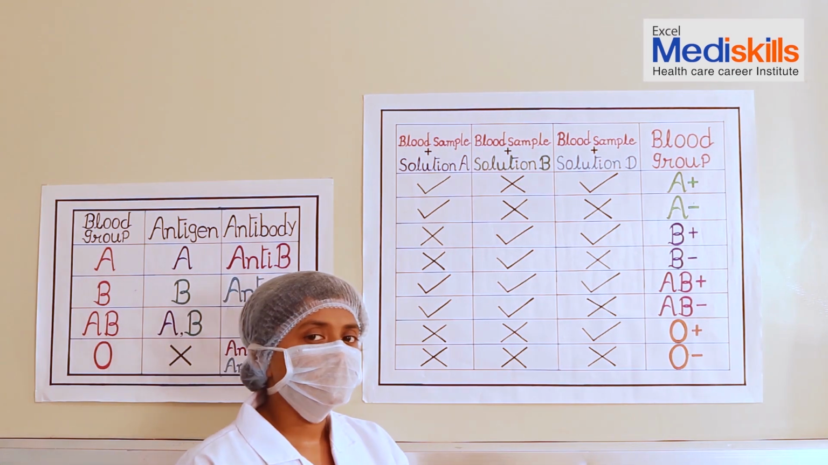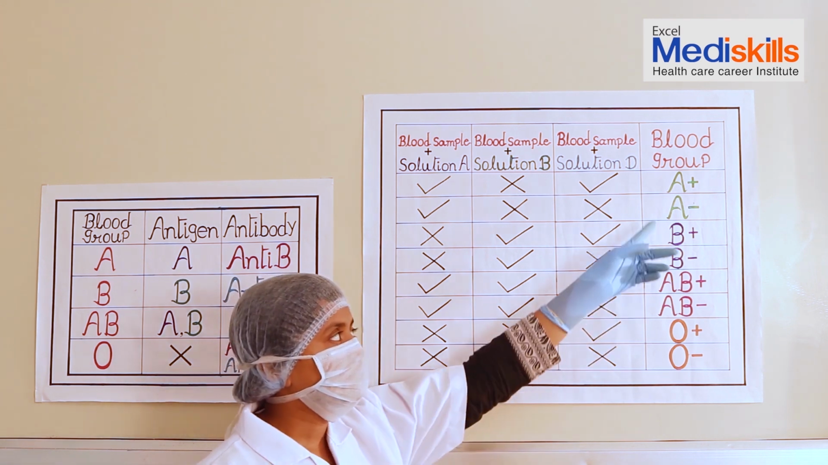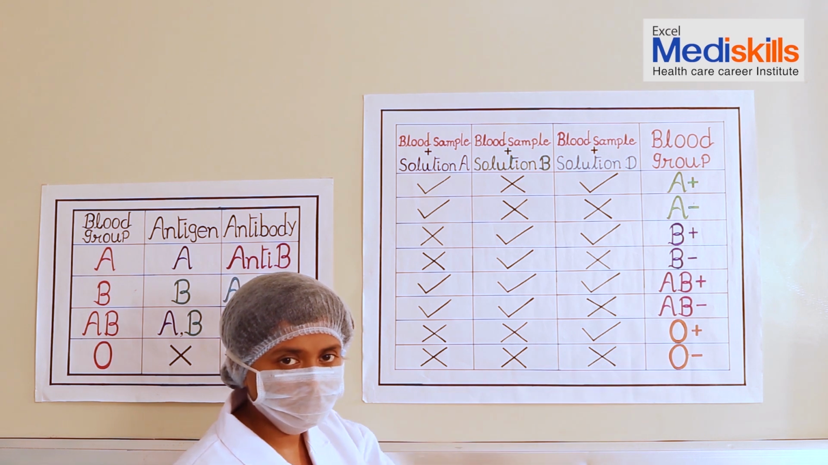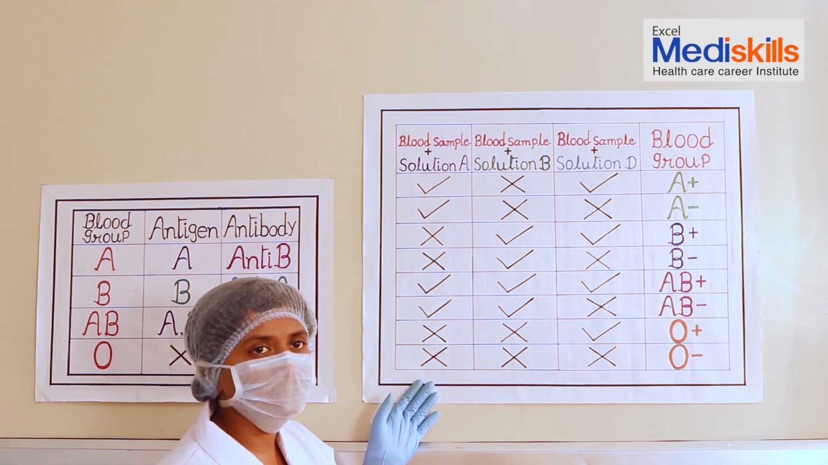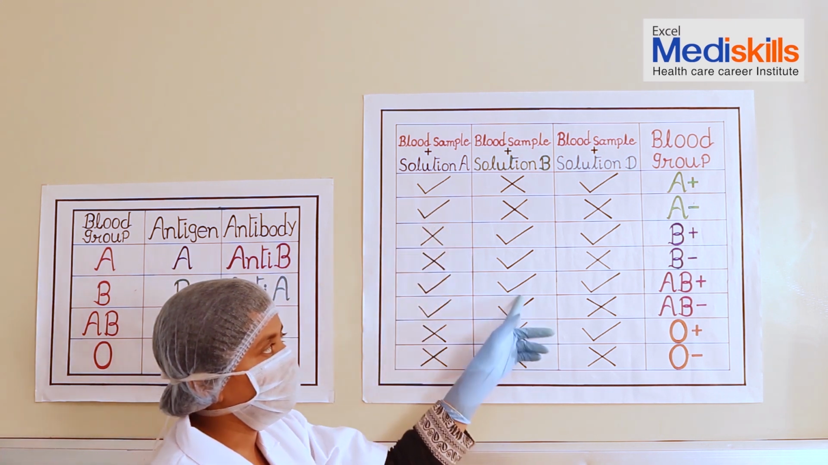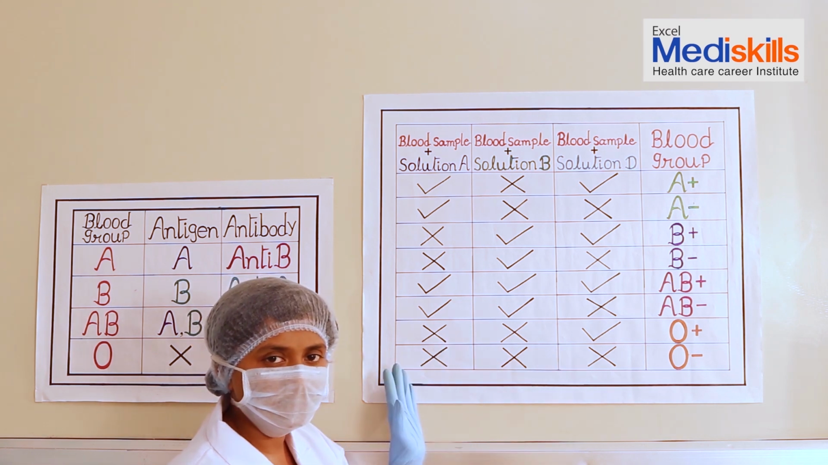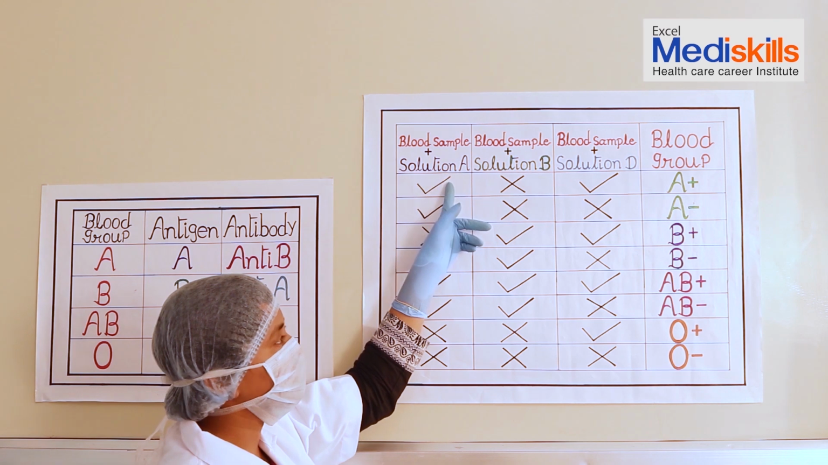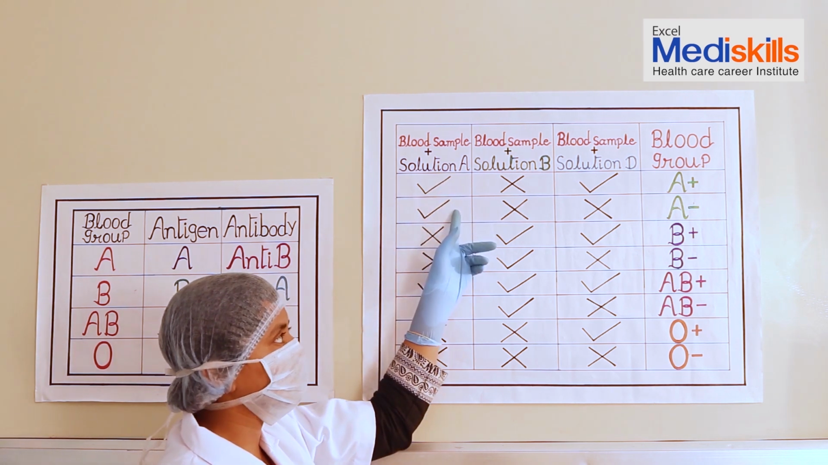So we have done 2 tests. For the first patient, we have found A positive blood group. For the second patient, we have found O positive blood group. This is the chart which denotes all the possibilities that we can get in detecting a blood group. That is, on the basis of the presence of antigen and antibody, what are the possible blood groups that we can detect? At first, we see if we give solution A, and clotting is observed,